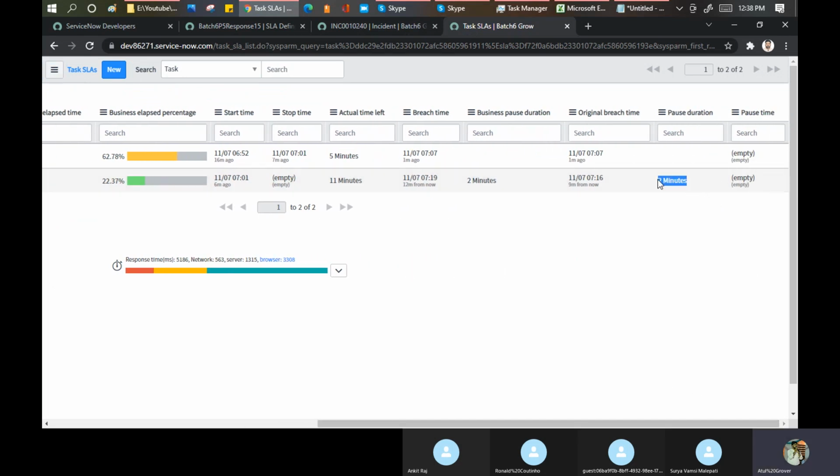Pause duration 2 minutes. Now you can see original breach time has been increased by 3 minutes. Why 3 minutes? Not sure. It should be 2 minutes only, or about seconds, it can be. See, original breach time is still not changed, but my actual breach time has been changed to 7:19. Why? It added these 2 minutes plus seconds.